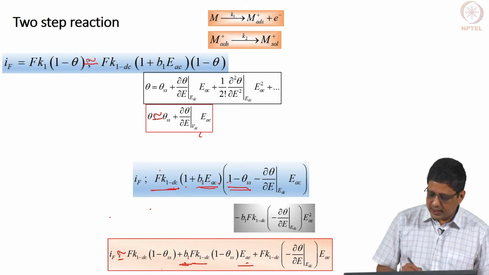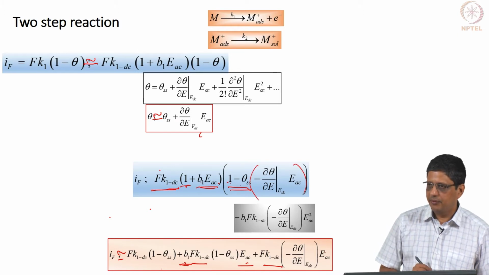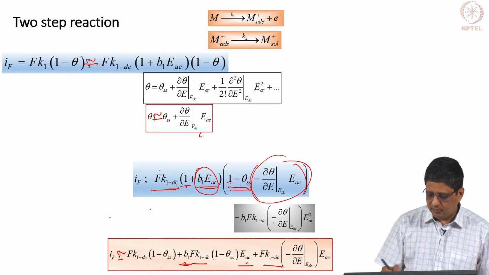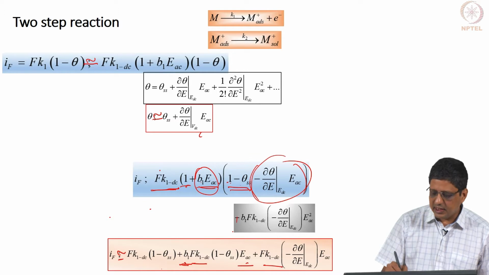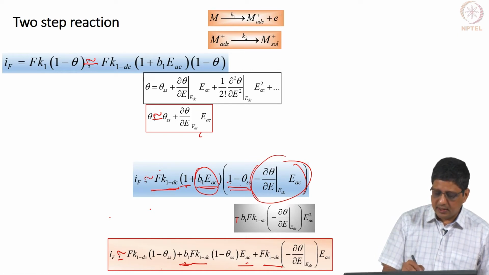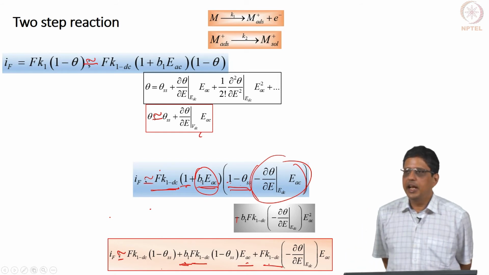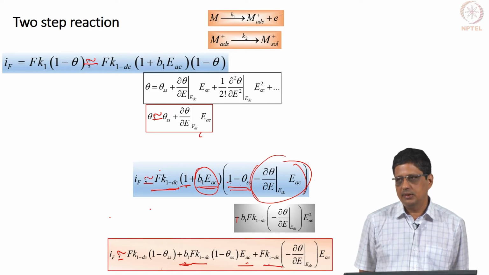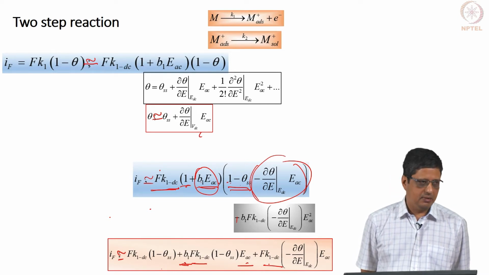I will get F1 K1 dc multiplied by the constant 1, and this is going to be minus d theta by dE multiplied by EAC. The fourth term is going to be this term multiplied by this term, which gives minus d theta by dE B1 EAC, with B1 here and F1 K1 dc there. Actually, I think I missed the sign here, it is okay. Therefore, it is going to give me 4 terms, out of which the grayed out term I am going to throw away because it has EAC square. Is everyone comfortable with this? Would you be able to derive this?